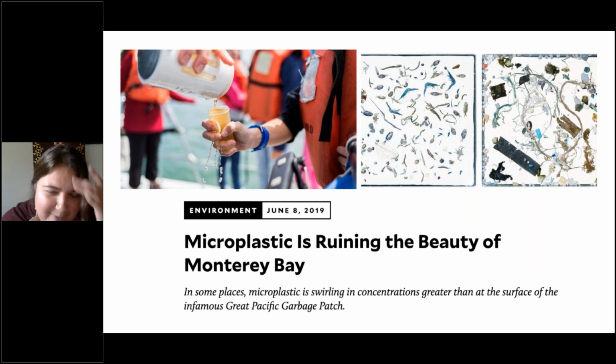I think a lot of people in Monterey Bay were like, whoa, we have microplastic in our bay, but we've done so much work to ban single-use plastic bags and styrofoam and cutlery and all of this stuff. So we're in some sort of denial, I think, of how much microplastic is truly in our bay. And as you've seen from Pam's study, some of that is coming from agricultural plastic, of course, having these two environments so closely linked together. That was part of my studies for graduate school, to really explore our use of agricultural plastic in the Central Coast.